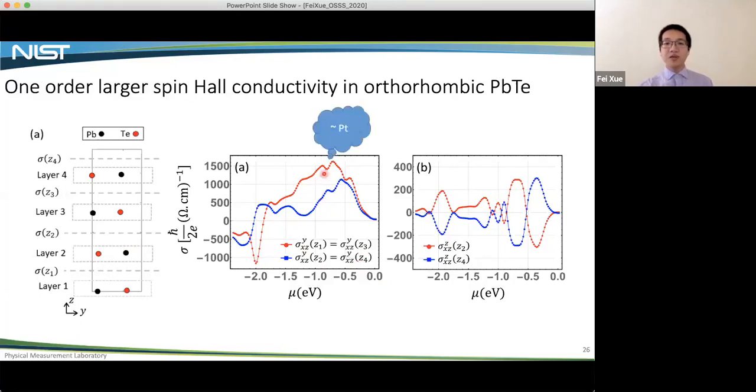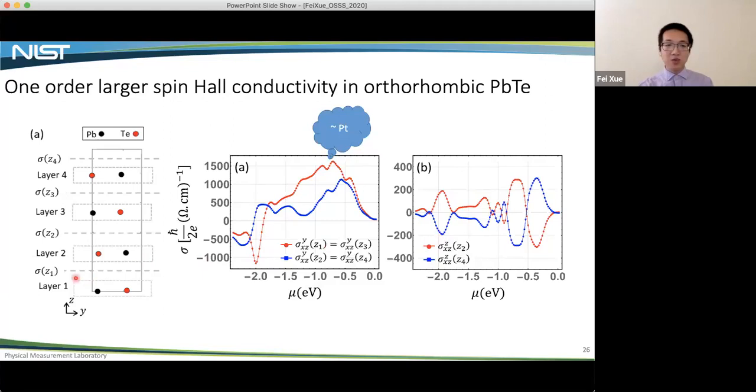If you remember, this 1000 number is close to platinum, which is a figure of merit in the spin Hall effect field. So what about this unconventional one? It's expected to be staggered, and it is indeed staggered in the calculation. And